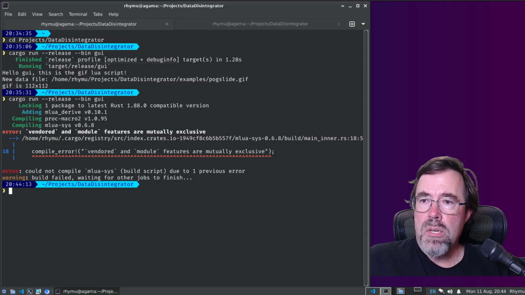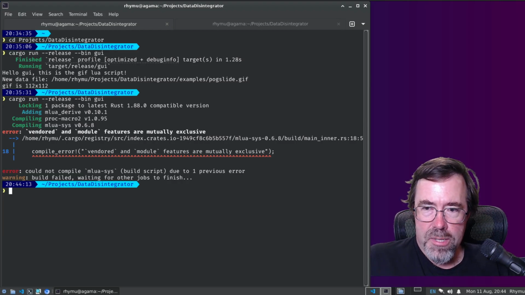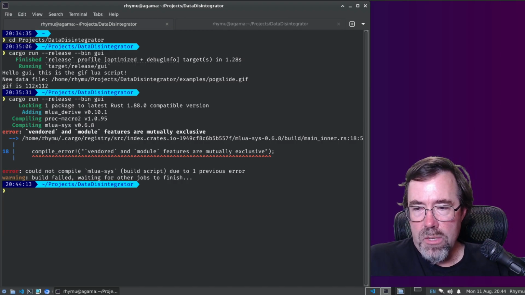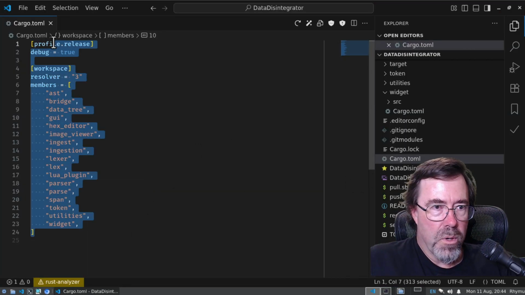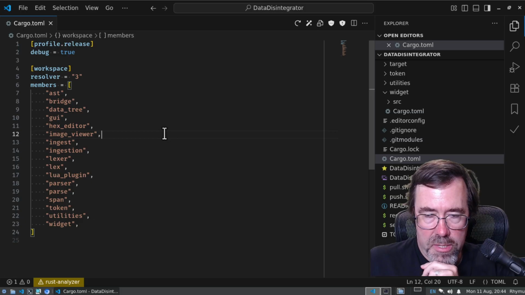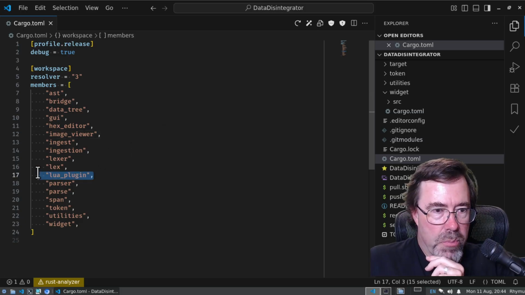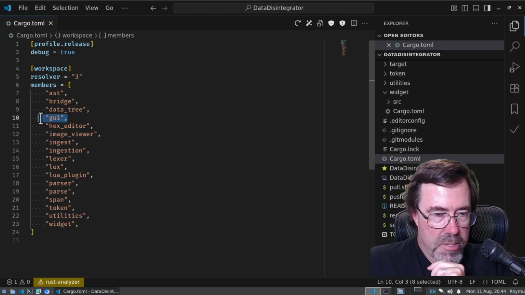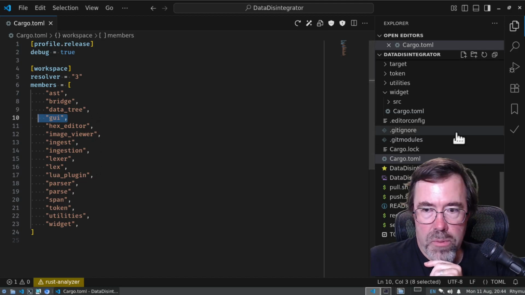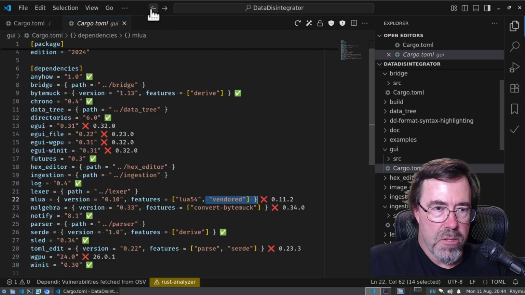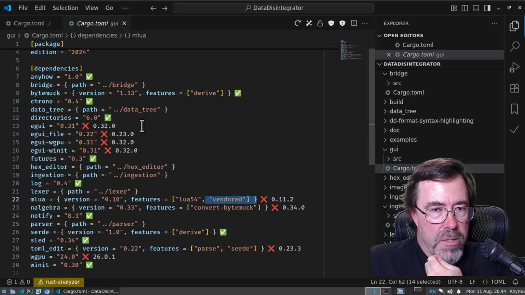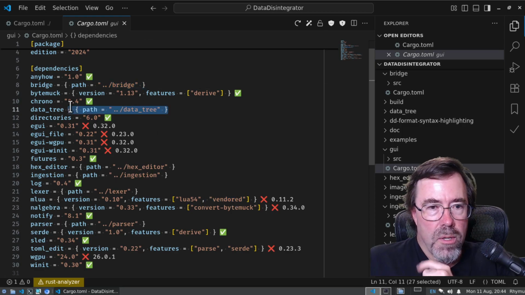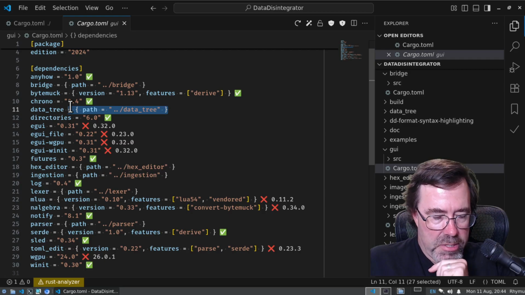So I had a conversation with my AI overlord, ChatGPT, last night, and the one solution we worked through is to make a split in the workspace. So instead of one workspace, I would have two workspaces. One that's building the Lua plugin and its dependencies, and the other one building the GUI and its dependencies, so that in the two workspaces, mlua will be configured differently. So in one it'll be vendored, and the other one it'll be module, and all of the things that they share in common, I'm going to try to put that in a common location that's going to end up getting